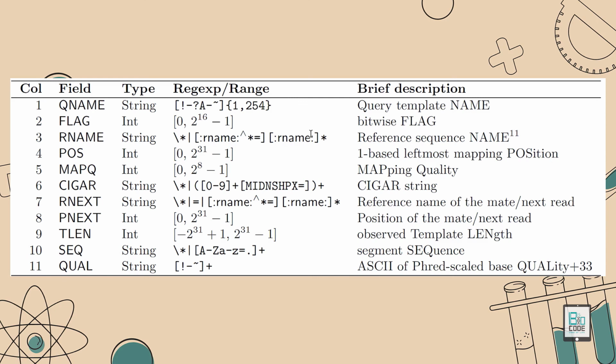So what is actually stored within the SAM file? A SAM file contains tabular data, and this tabular data is stored according to the